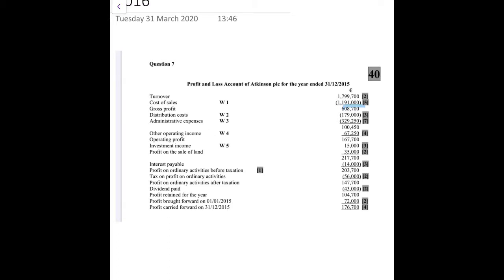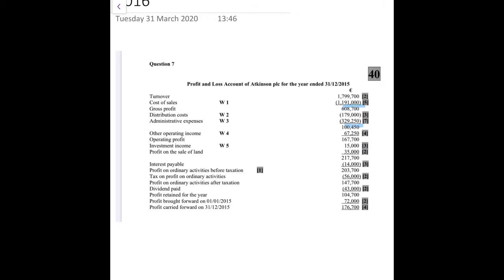You don't need to get that subtotal. Do you know the subtotal here, the 100,000? You don't actually need to put that in. You could just have distribution costs, admin expenses, operating income. That's fine. So add on your operating income, which was your rental income and your discount, and that brings your operating profit to